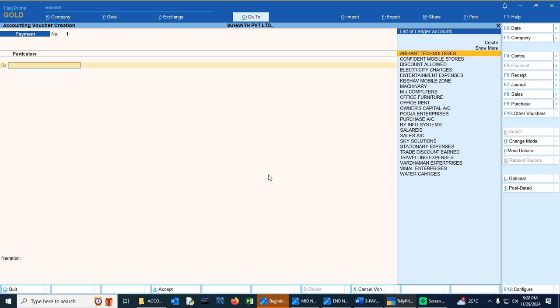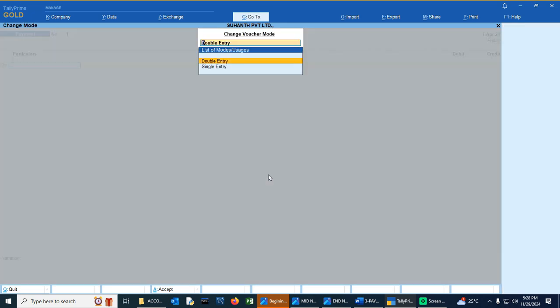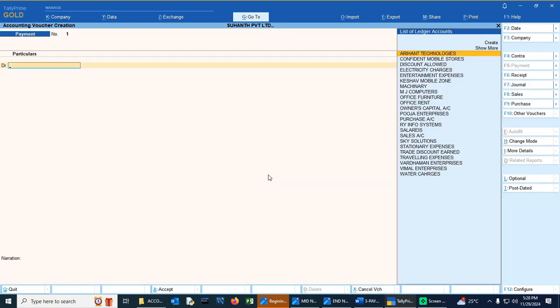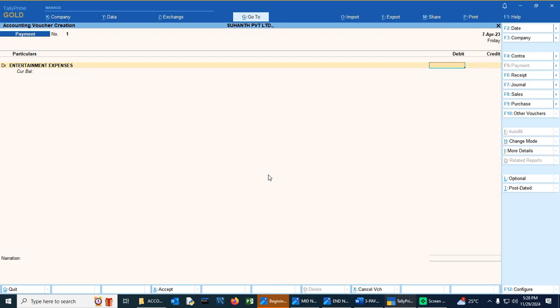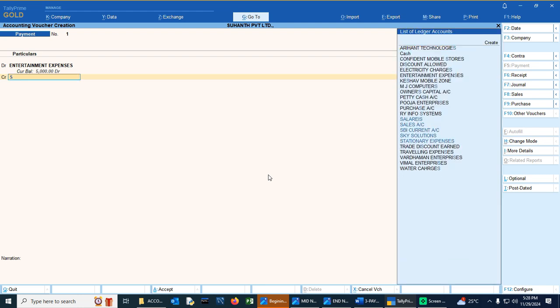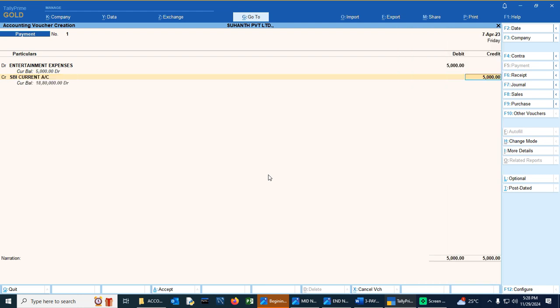Next, which account to be debited? As I said, there will be two types of voucher modes in payment. Press Ctrl H, you will see the list. Either it can be a double entry or a single entry. Let us use the double entry. So the account to be debited is entertainment expenses, enter, amount is 5,000, enter, credit, enter. You should choose SBI current account. The credit amount is